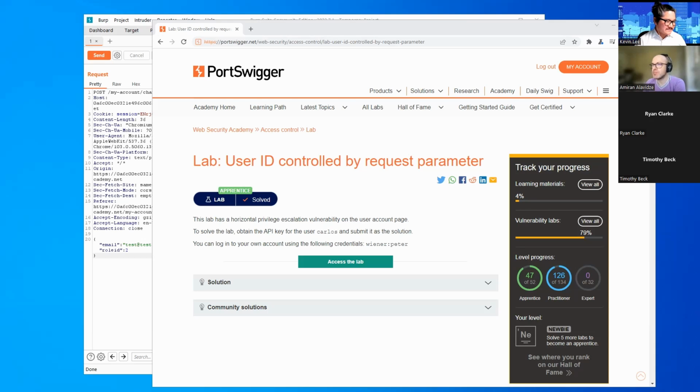We're going to utilize the vulnerability to obtain the API key for the user Carlos, and submit it as a solution to complete the lab. We've also been provided credentials for the lab app, which once again are Wiener and Peter. So let's start up the lab.